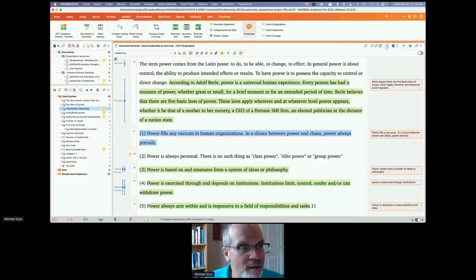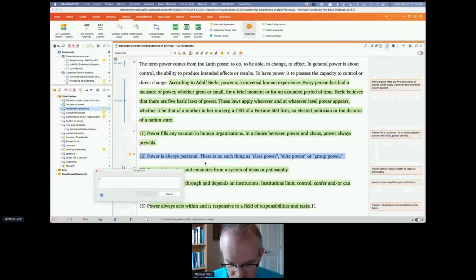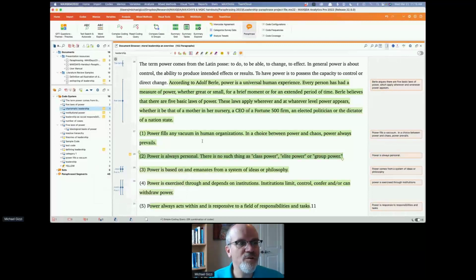And to complete this, power is always personal. Now you'll notice some of these have already been coded, but I'm going to show you how we will code those later on as we move through this.